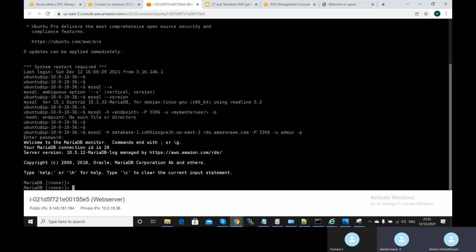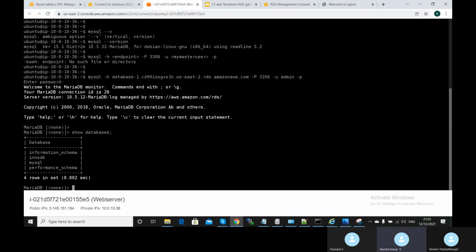Okay, right. So now you are connected to the MariaDB. Can you list the databases? There should be a command, right? Show databases. Yes, so MySQL and this one. Okay, fine. Now the manual setup is done with RDS in a private subnet, and you are connected with the MariaDB